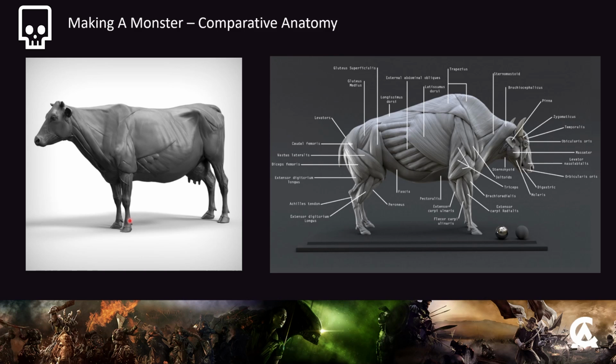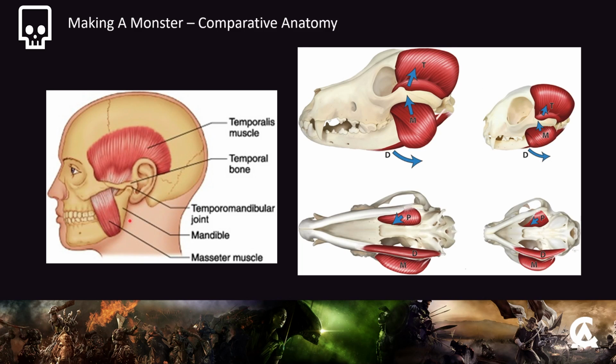So if you want a successful design, it's about conveying an idea to the viewer, or the player in terms of a game, and so all these things matter. The diet of an animal is going to affect not just the shape of its stomach but the musculature of the head and all around the body. There are two major muscles in the head that are linked to the jaw.